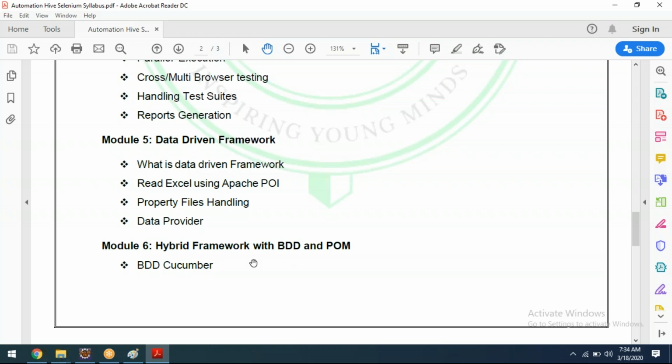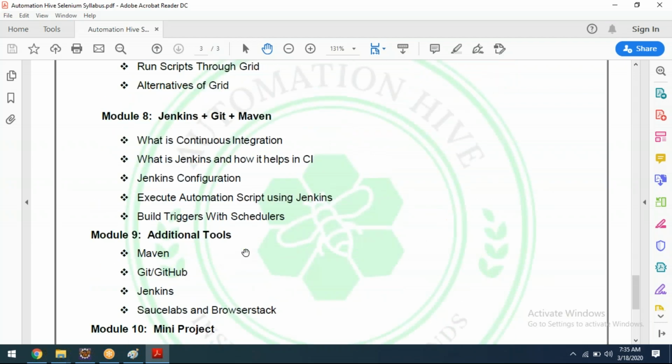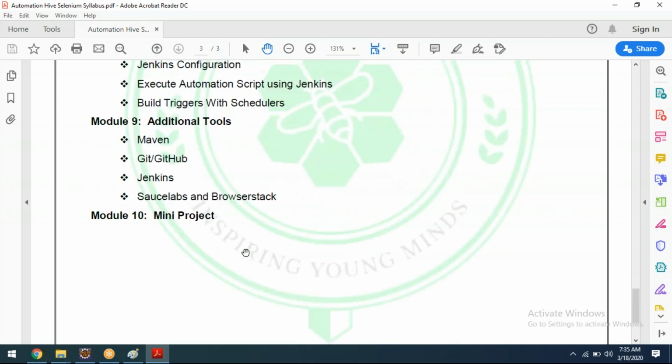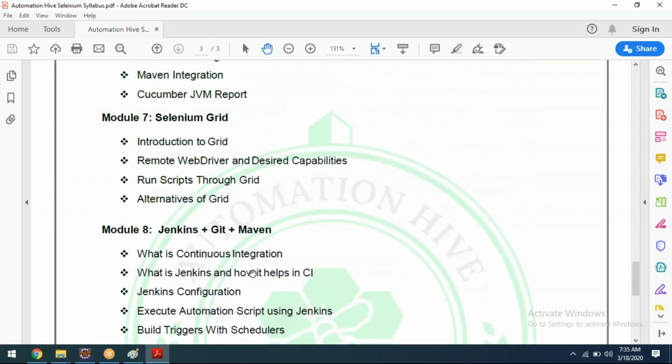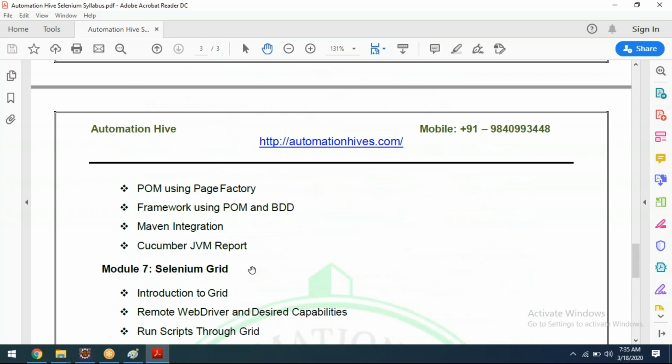Hybrid framework. This is the hot topic in Selenium automation completely, where we need to understand many things here. I can say it is 100 times more important. If you go with this module 6, you will cover everything, and the remaining 9 modules will be covered. Getting my point? This is how we need to understand. If you have any questions, you can ask me,